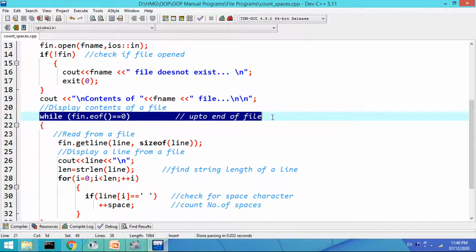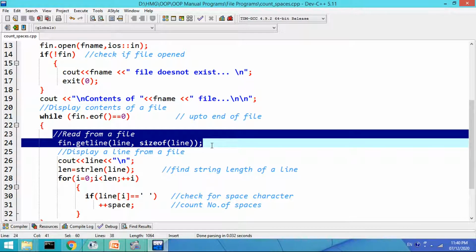So while fin.eof is equal to 0, if eof function returns 0 value, means there is more data in the file, end of file is not detected, means we will read now the line from a file. So by calling the getline function using fin object, we will read a line and it will be stored in a line array with calculated size.